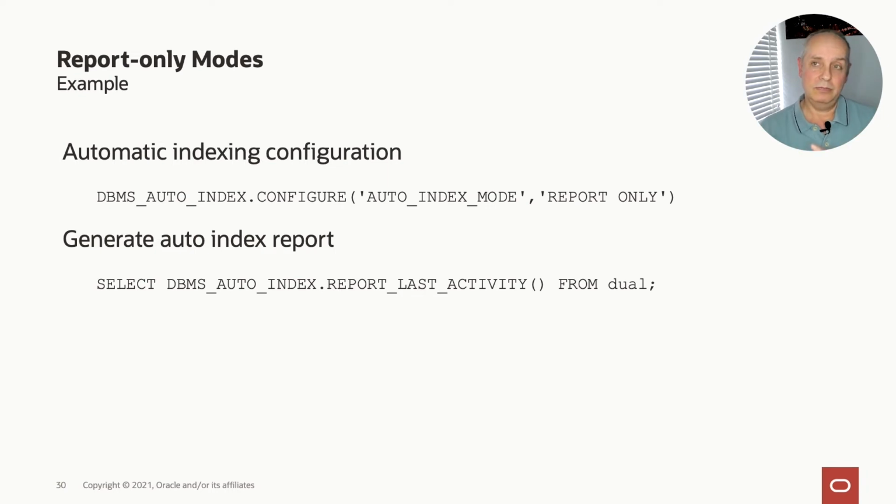So again, you have the potential to use a report-only mode. If you want to, you can say, just check all of this out, and then I'll have a look at it, and then I'll choose to implement it later on. So that model is also supported. Very easy to use. You just say you want it running in a report-only mode, and then the reports look like this. You just call the API, report last activity, for example. There are date ranges as well that you can use, of course. So you can just say what happened most recently, and then you will get a report generated.